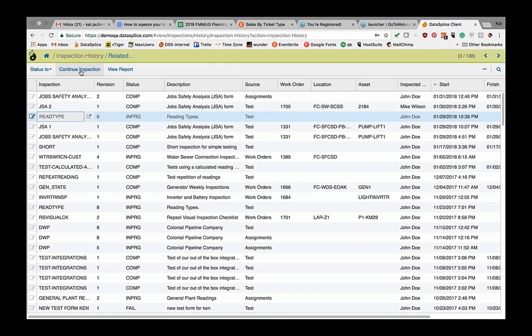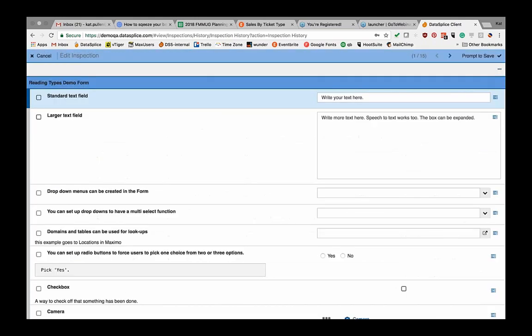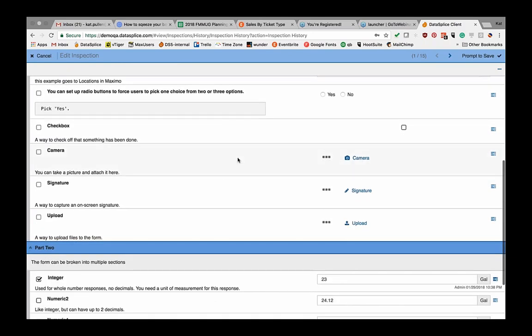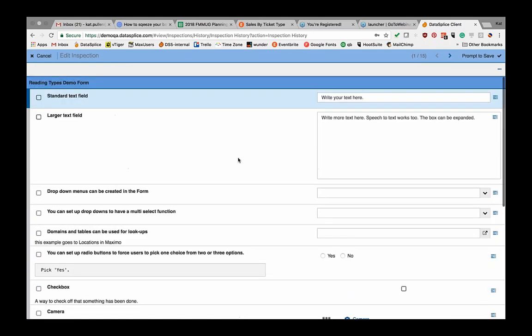Maybe I take 2 days to fill in a form. Maybe I fill in the first section and save it, and somebody else will then pick it up and continue it and do the rest. And you can see some of these have already been filled in. We can do different text field types. We can add information to the questions, highlight them,